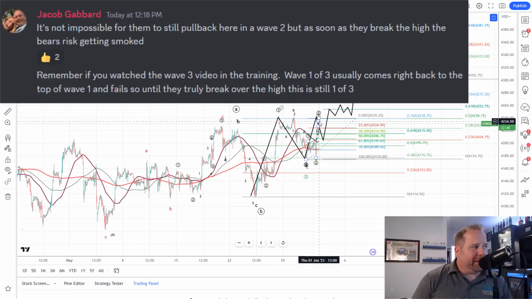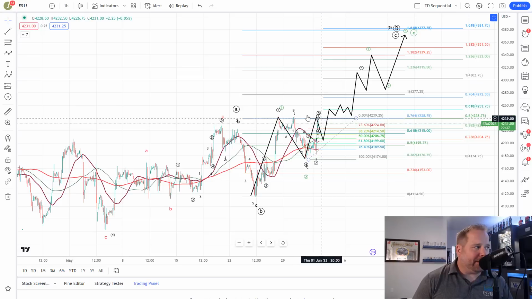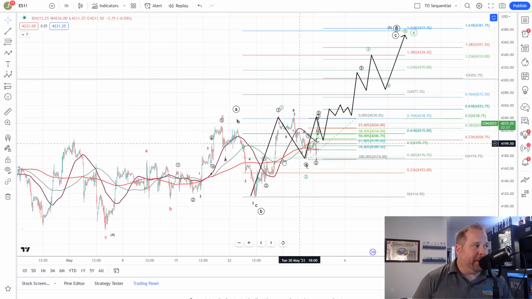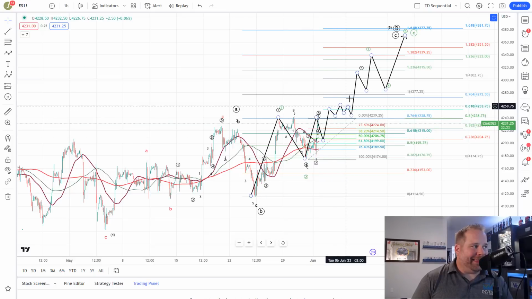We talked about that in the room, and at 12:18 I said, hey, very likely we see this failure here, and you can see that at 12:18 on the chart, that was exactly when they started to pull back off of that high. So the only other option is they gap it up and take it in a straight shot. I don't love that option, but it is possible. That would be more likely in the wave 5 area of 43.10 to 20. But these are the two most probable counts where we do get a slight pullback and then an explosion higher